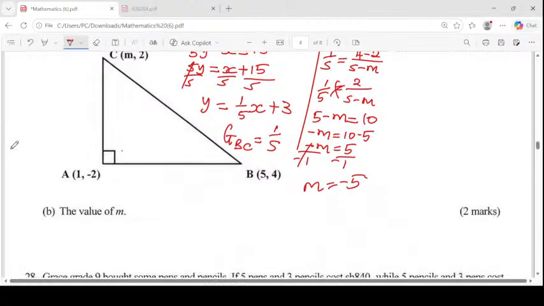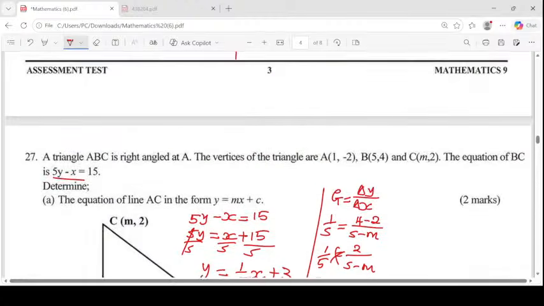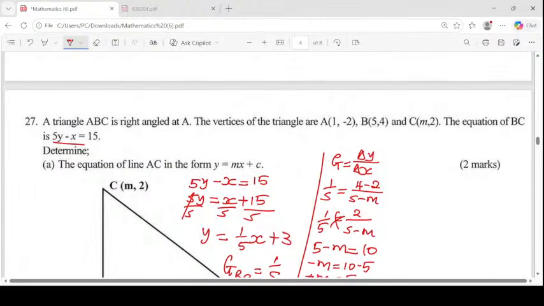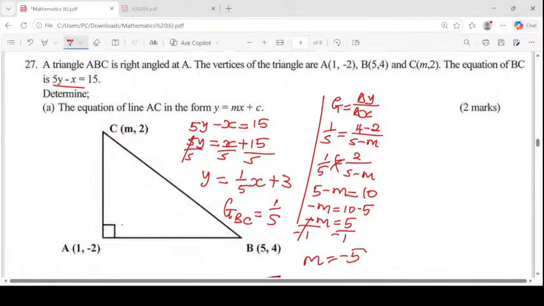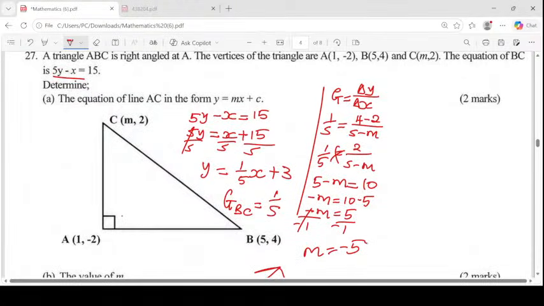In fact, even as I'm doing this, I've already answered part B, find the value of m. m is negative 5. I've done the calculation up there. Now, we were told to find the equation of AC. Now that I have the coordinates of C as negative 5, 2,